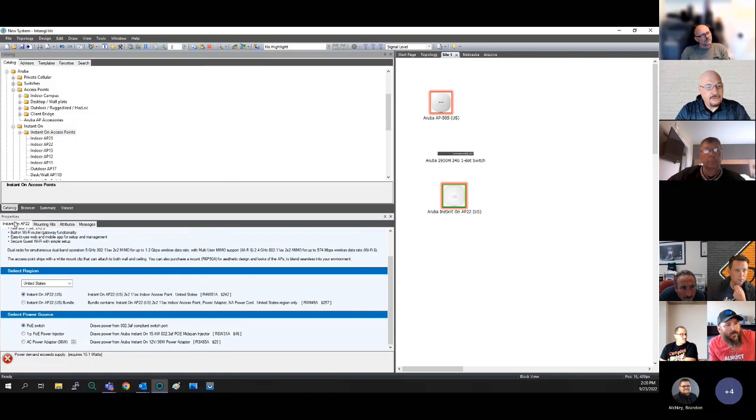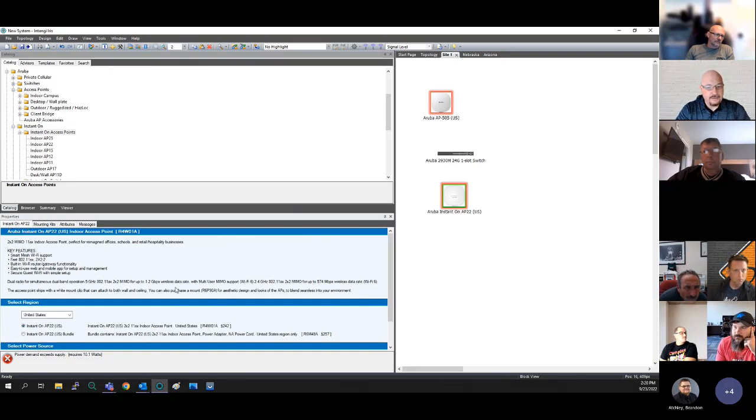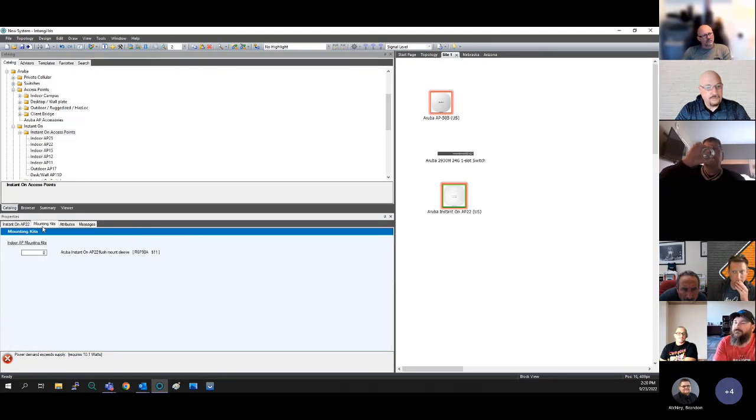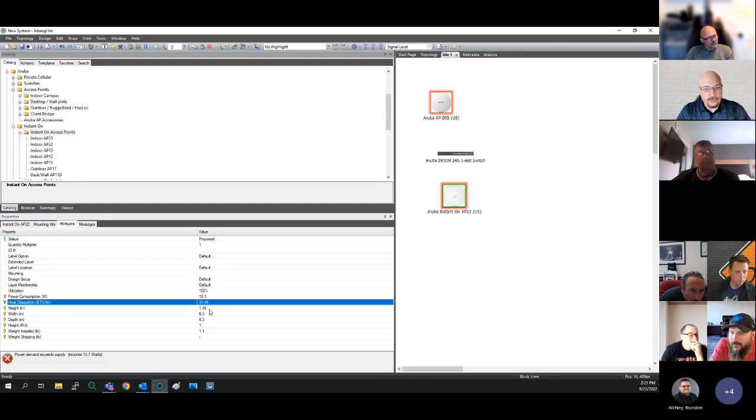Now, the other thing that happens when I go to the APs is I have these tabs. The next tab is mounting kits. All the Instant On APs come with the mounting kits, but there's also a flush mount sleeve, a nice cosmetic looking sleeve that you can add to it. The attributes are really good if you're doing any of the engineering pieces, because it will tell you things like height and weight